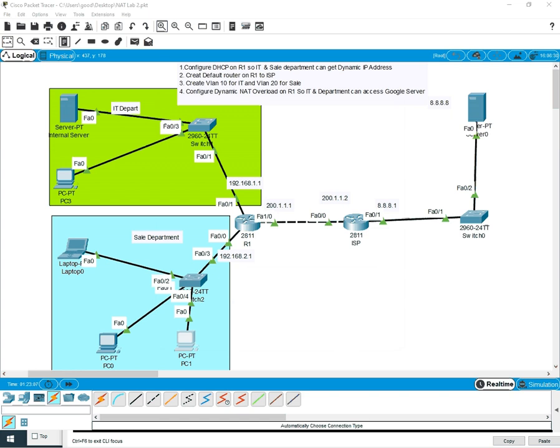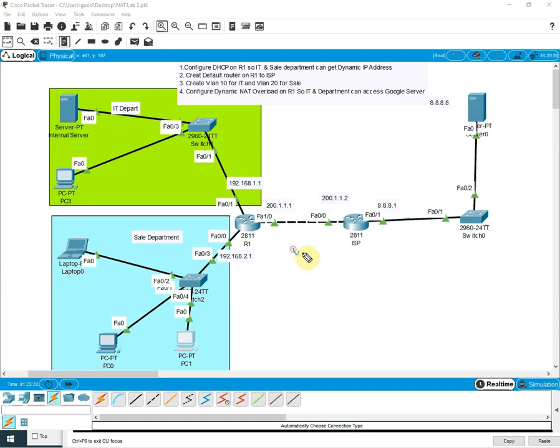So let's go to our router. Which router are we going to do the NAT on? In the question they give the router R1, but in a real scenario we need to concentrate and think about which router is connecting the WAN to the LAN. You may doubt what WAN and what LAN means.